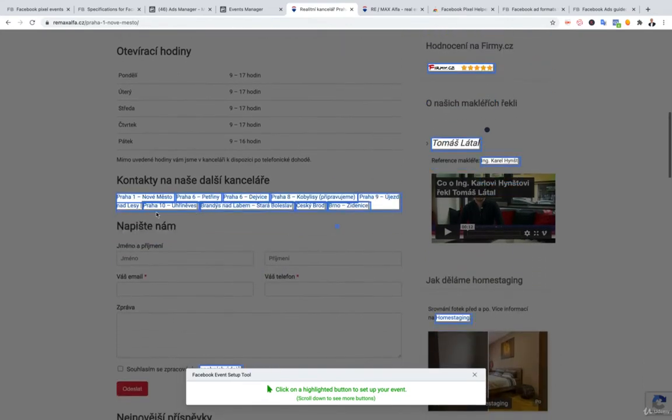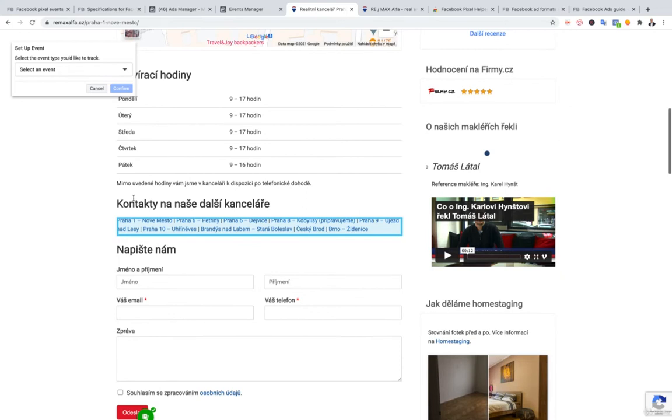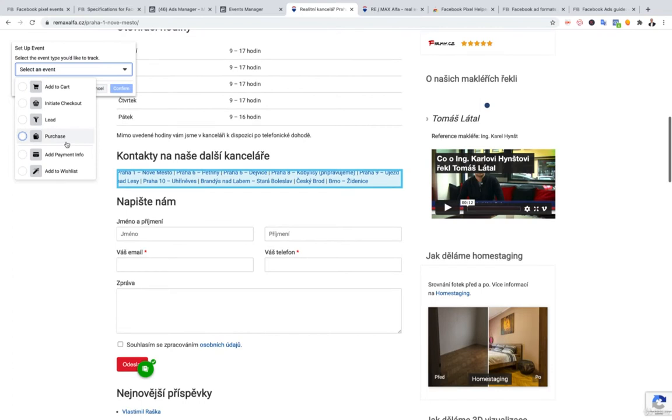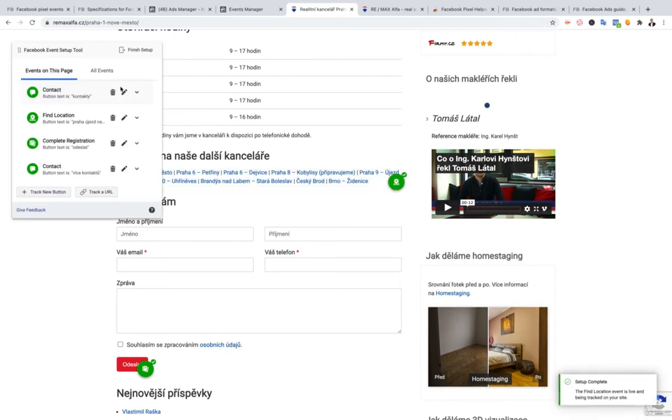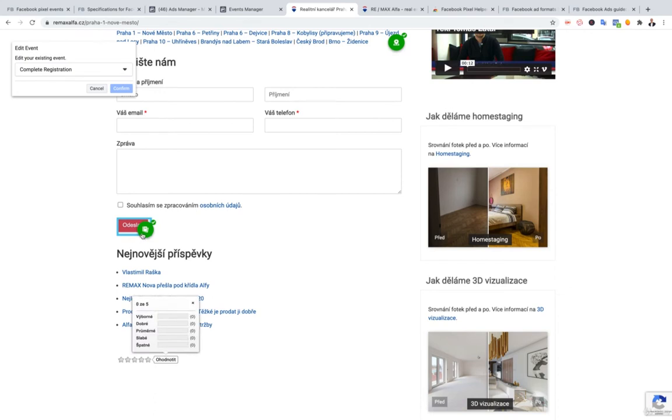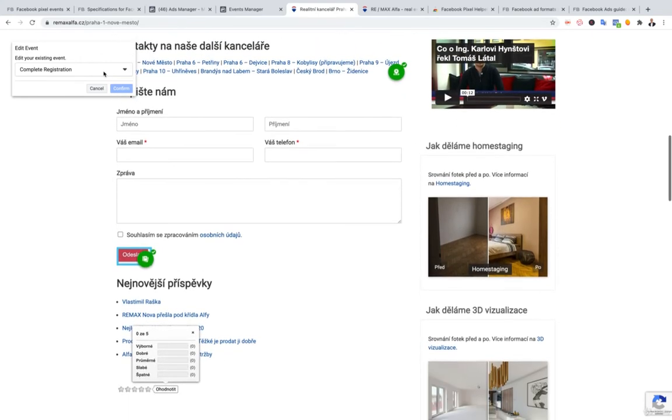So what I can do, I can track this as a new event, and I would say it's contact, or maybe find the location, because they would love to find all the addresses, so they would love to find location. And now you can see this I have already placed here, and this is complete registration. What I can also do, let's say I would love to now,